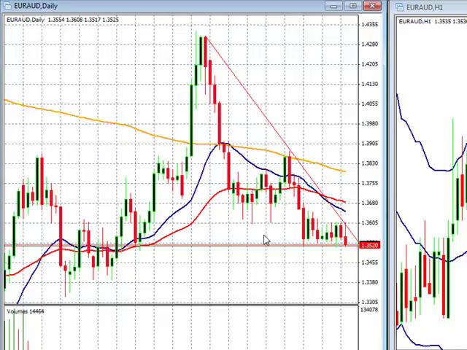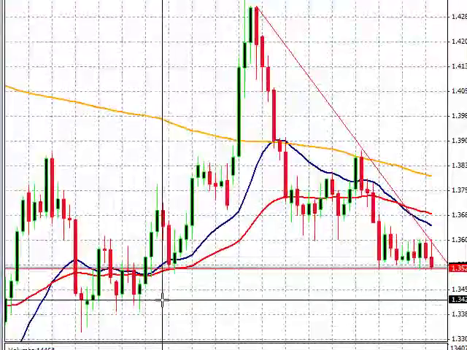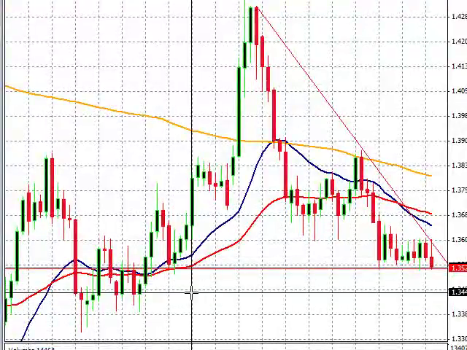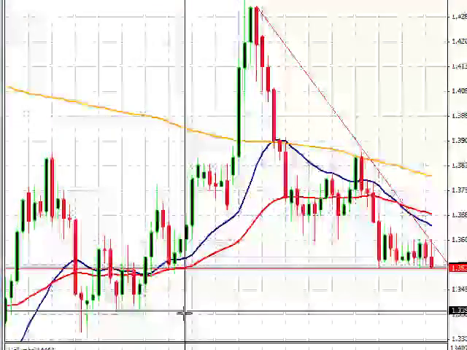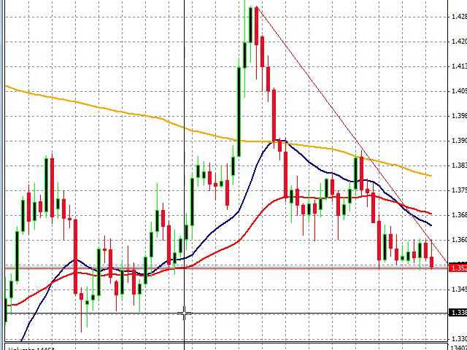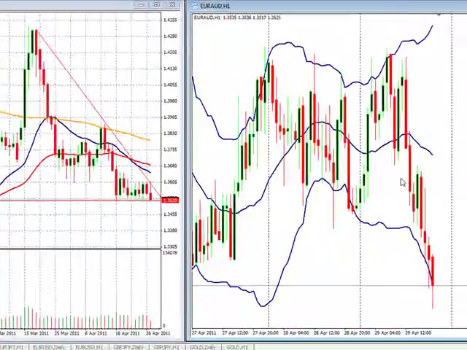basically has been triggered. And what we're looking for is once we break here and get a close below here, which we technically have now, we want to come down and test this area down in here. So our first target is in the middle, and then we want to come all the way down to the bottom. So this trade is still setting up,